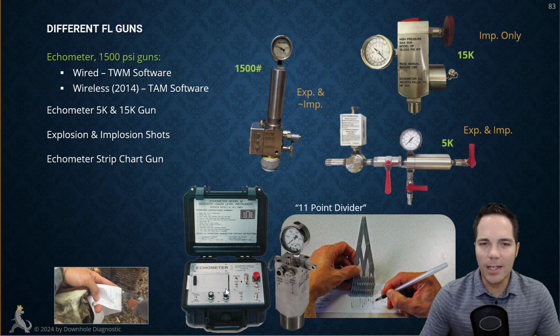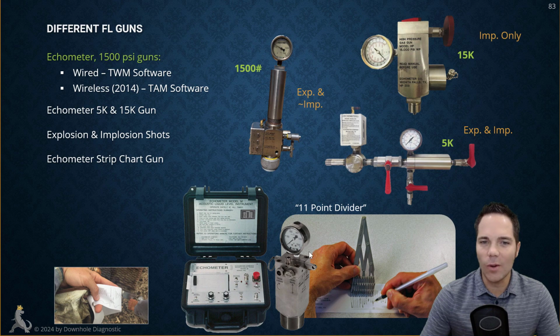of paper. I know a guy that used to take a lot of fluid level shots with these a long time ago, and you'd open his truck and there were strips of paper everywhere. Like he'd open a door and paper just starts flying out everywhere. So the big disadvantage to this is that it's not digital. You have to do the calculations manually,